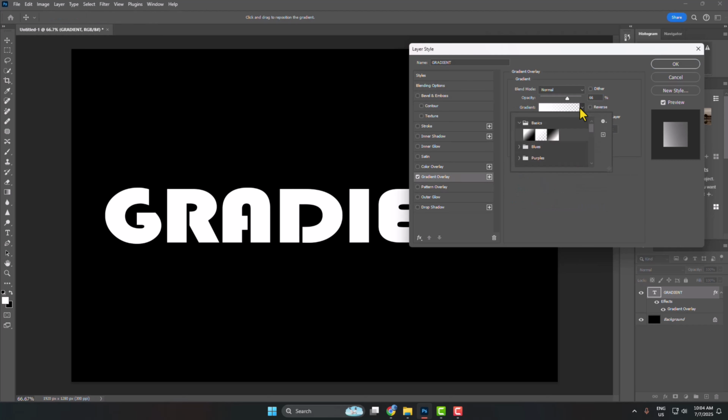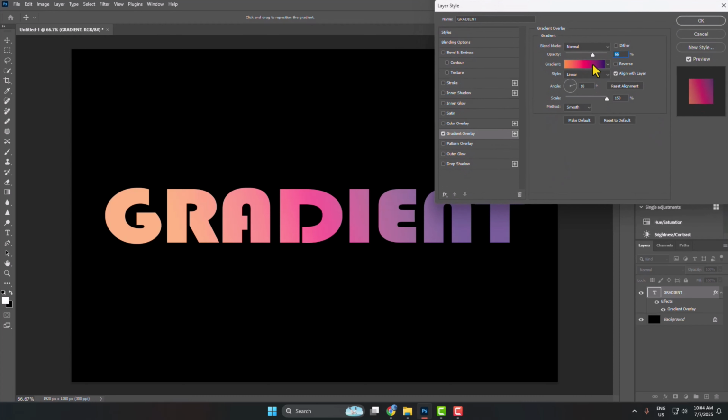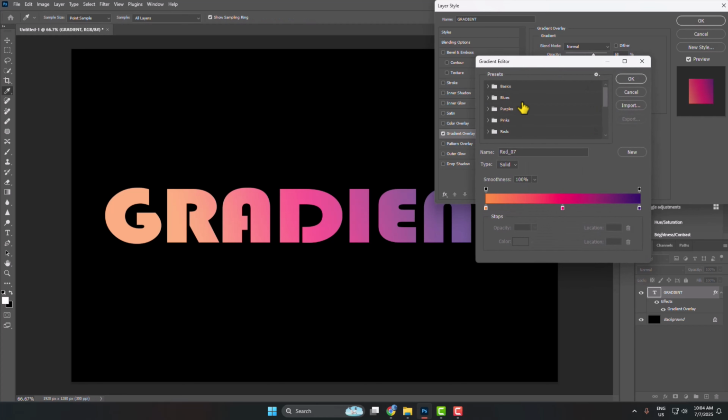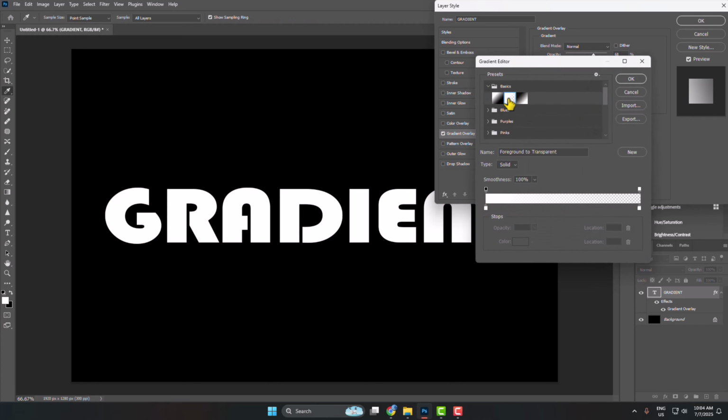and click on gradient. And here you will find a bunch of different gradient folders. You can go ahead and select any of them just like this. Or if you want to create a custom gradient color, then just select the basic and select this basic option,